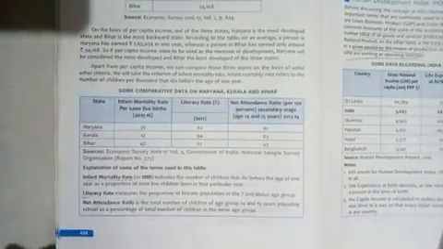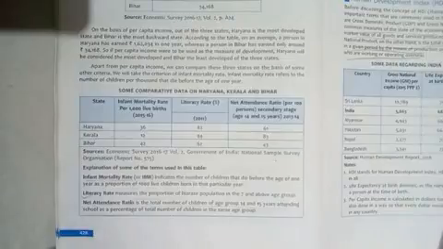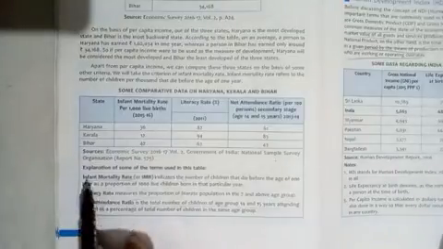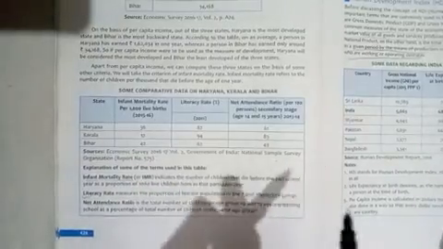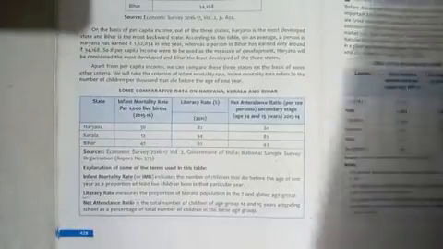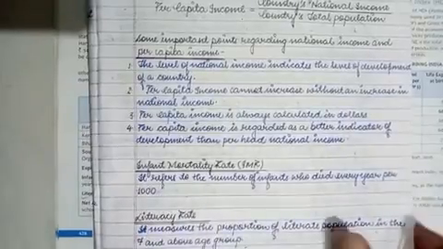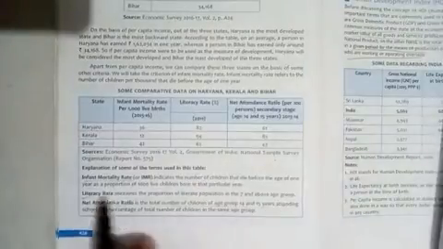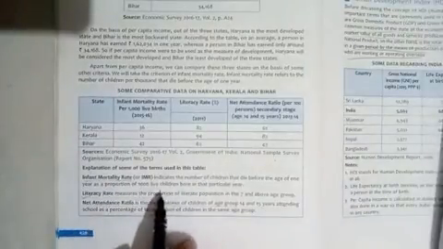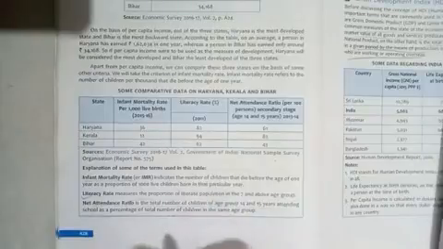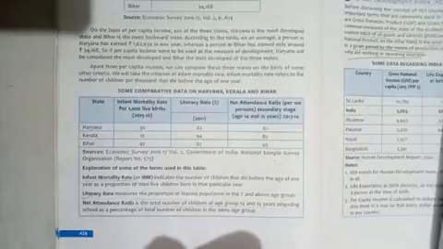In this video we will take our discussion further and discuss some other important topics of your syllabus. First is your infant mortality rate, that is IMR. What does it mean? It refers to the number of infants who die every year per 1000. That indicates the number of children that die before the age of 1 year as a proportion of 1000 live children born in that particular year. That is, how many children are dying per 1000 every year. It is known as infant mortality rate.